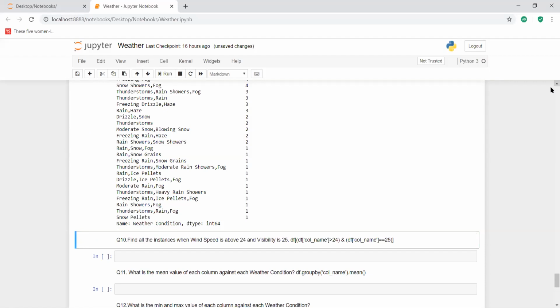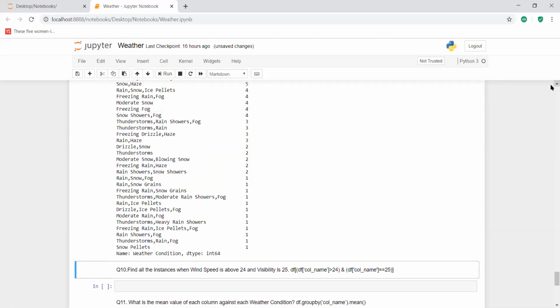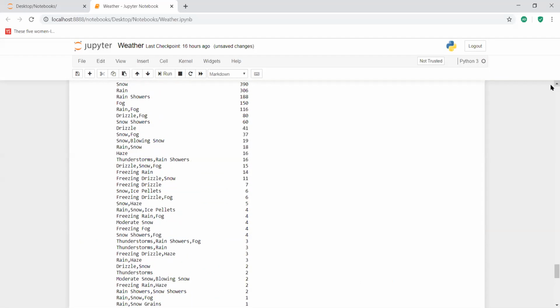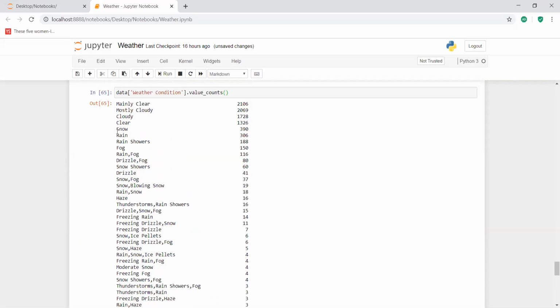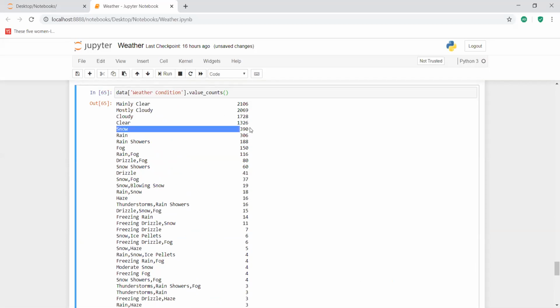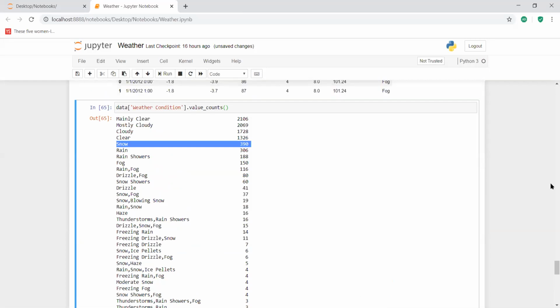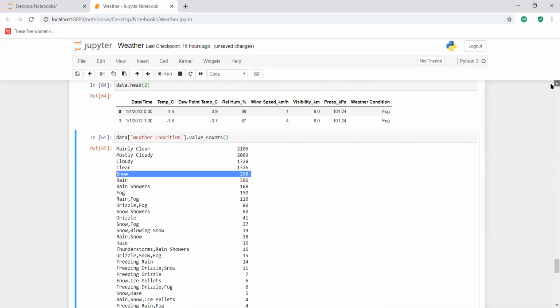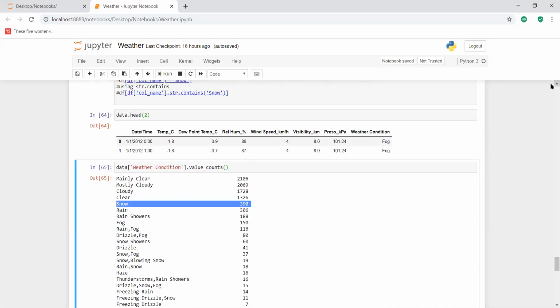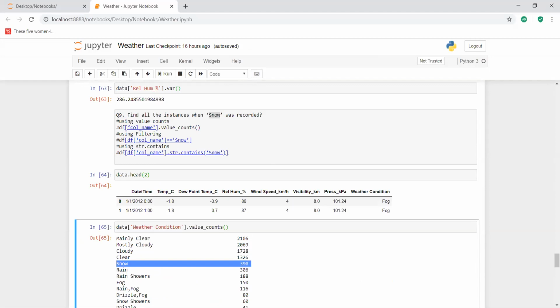See, now we will find out the snow. Snow is recorded for 390 times. But the question was to find all the instances when snow was recorded. So snow has occurred for 390 times.